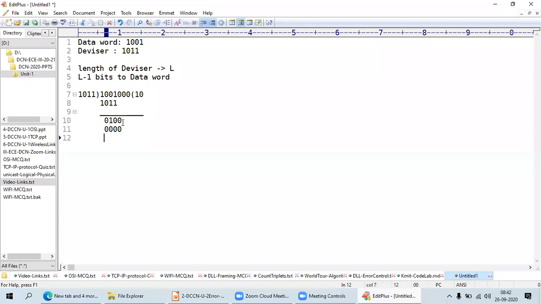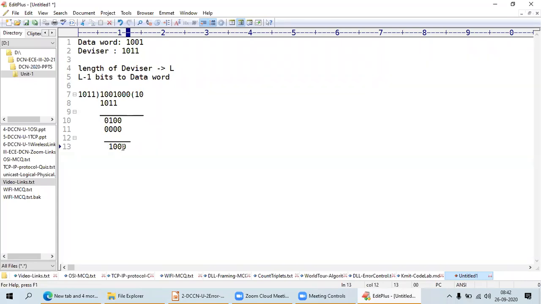So first of all, I will remove that. Next, first word I'm taking, okay, next time onwards 1 0 0. Next I'm taking the next 0 from here. Now I got 1 triple 0.